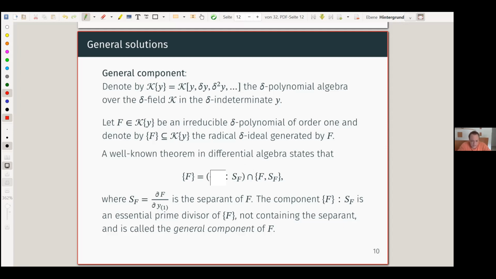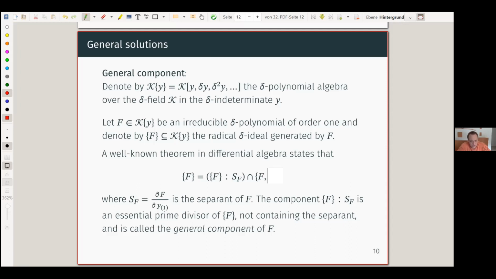So the radical, the colon ideal of the radical with respect to the separand, or if you want to see it differently, you just saturate the differential ideal generated by F by the separand, and possibly some other components